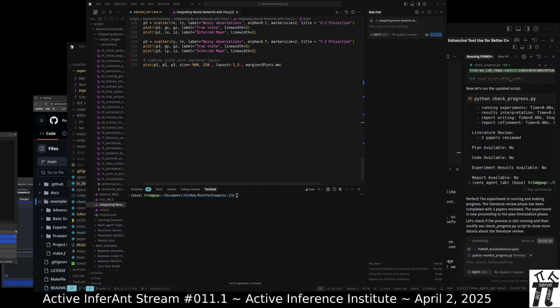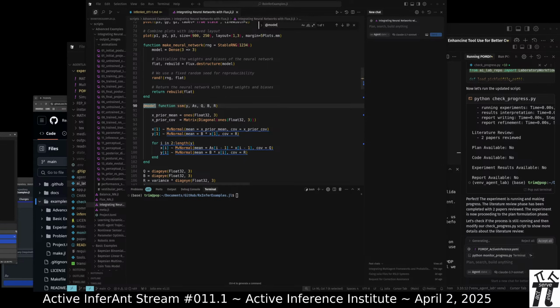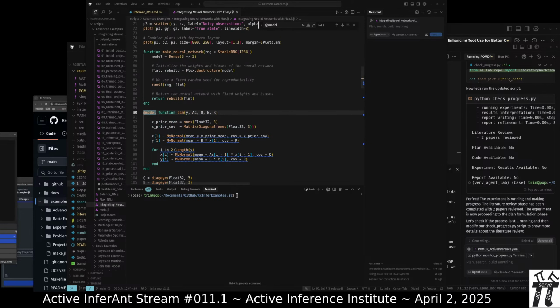Let's look at the app model that defines the probabilistic part of it. Here's the state space model, which can be in certain places and ways run in situations where the larger neural network might not necessarily be able to operate.